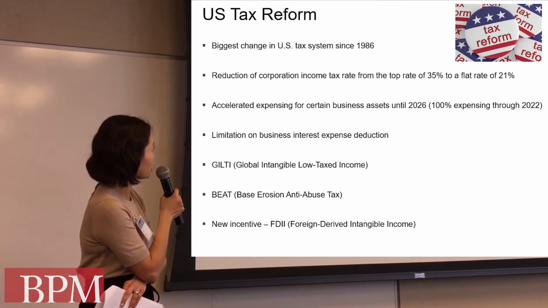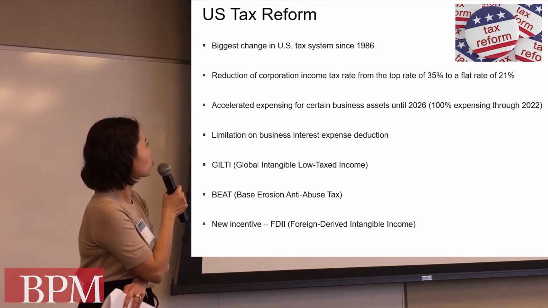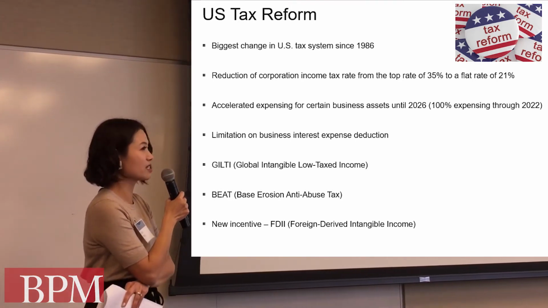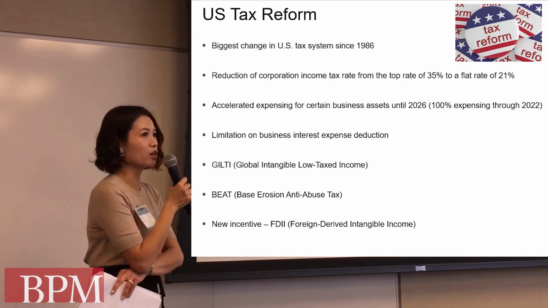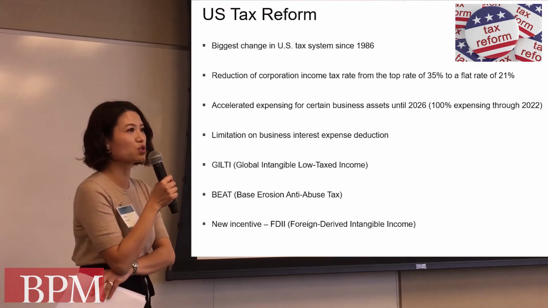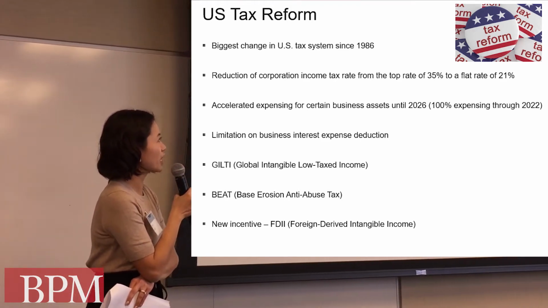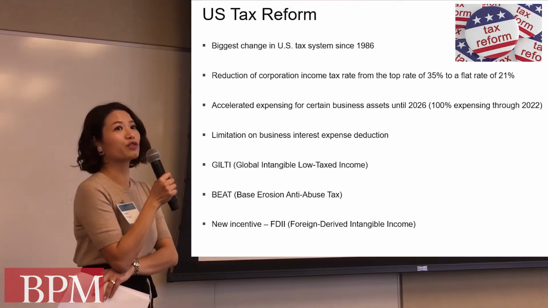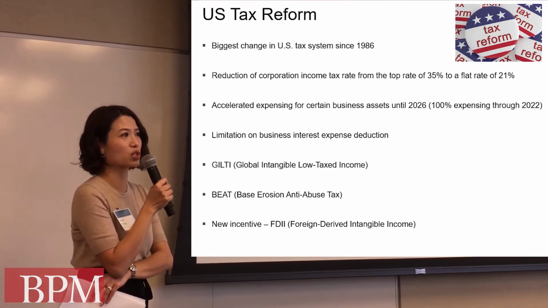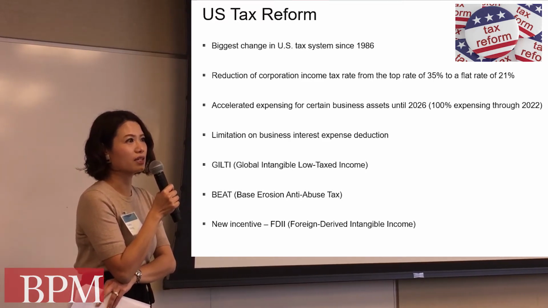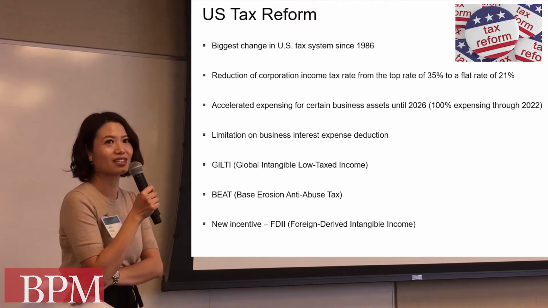One of the biggest changes is in terms of the corporate income tax. It drops the highest tax rate of 35% for US companies to a flat rate of 21%. So the US used to be one of the highest tax countries in the world, but now with the flat rate of 21%, a lot of the companies are now making different decisions about how they want to operate in the US or how to structure their operation in the US, because taking advantage of the lower tax rate, it is now one of the lower tax rate countries in the world.